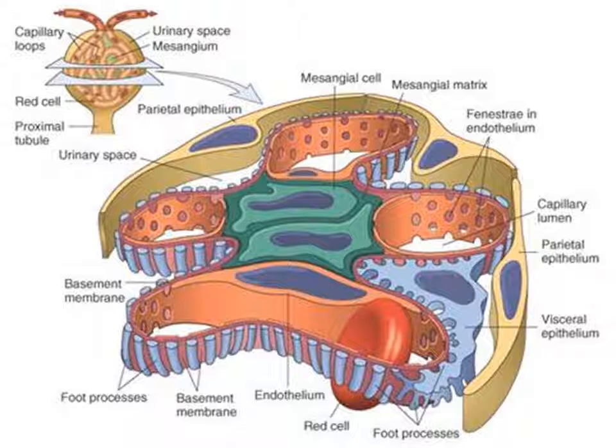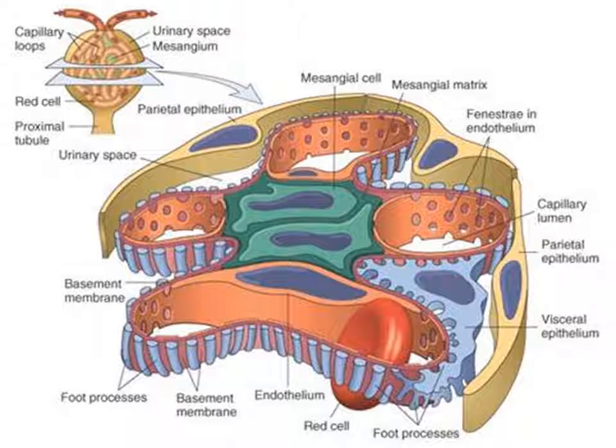So to understand the glomerular pathology better, you should try to understand the basic histology and electron microscopic features of the glomerulus. So this is the structure of glomerulus. As you know, there are afferent and efferent arterioles which form a capillary loop in the glomerulus and is surrounded by Bowman's capsule. Here in the center you can see a cross section of the glomerulus, in which these capillary loops are cut in cross section.